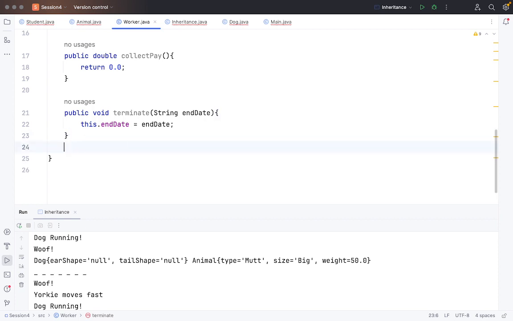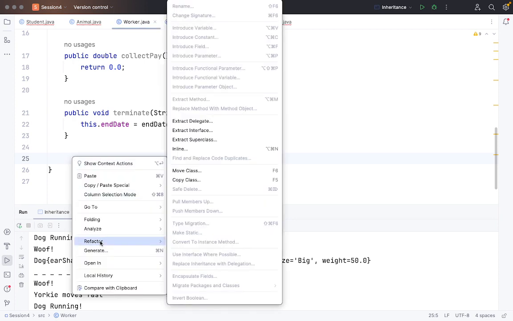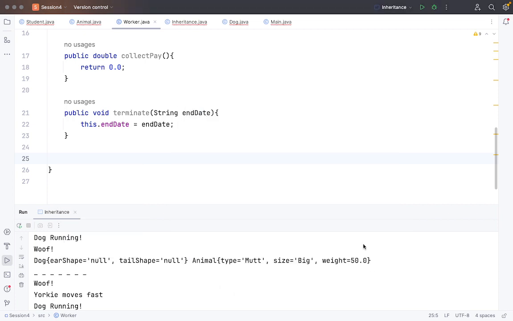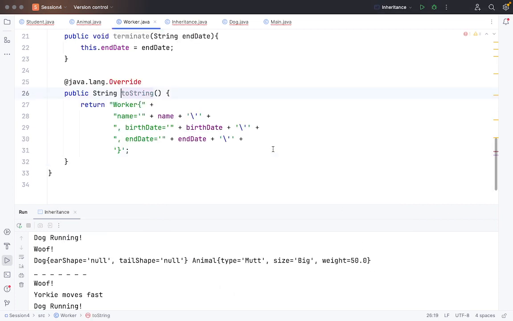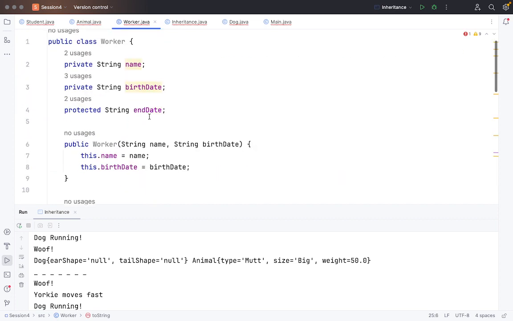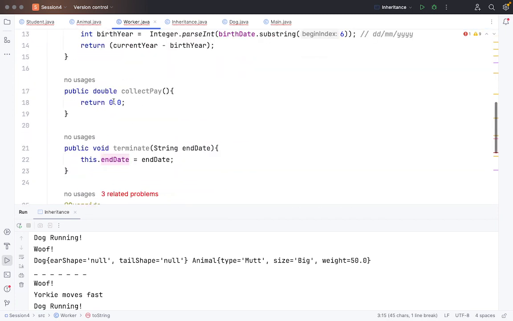And the last thing is the toString, where I just want to print out the object according to Worker.java. So I'm just generating it with the help of toString, and this will work. Okay, so let me write it down like this, and Worker.java is completed with the variable names and the functions that we have. Now let's create a